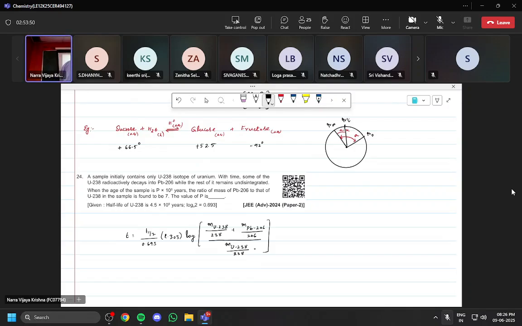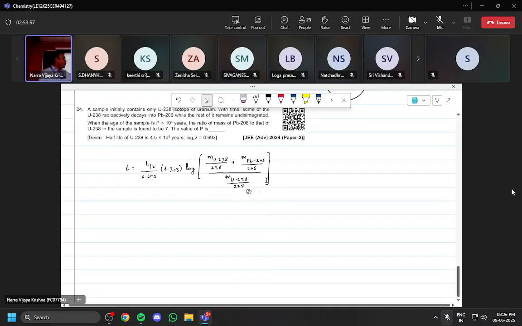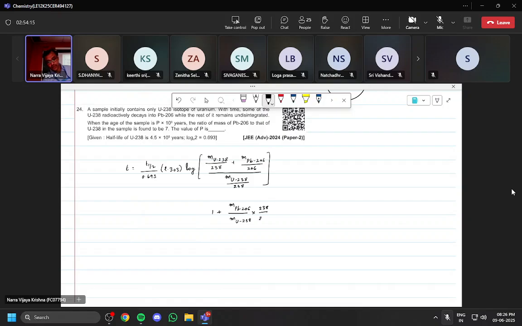Separate it: this upon this plus this upon this. What will you get? 1 plus 1 plus this by this, which you can write as mass of lead 206 divided by mass of uranium 238 into 238 upon 206. Correct, sir? Log of this value